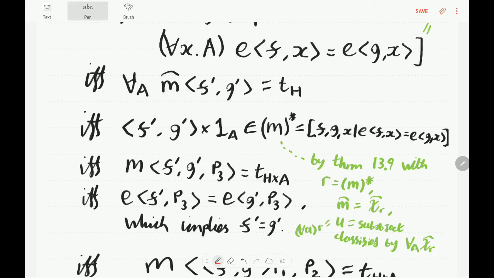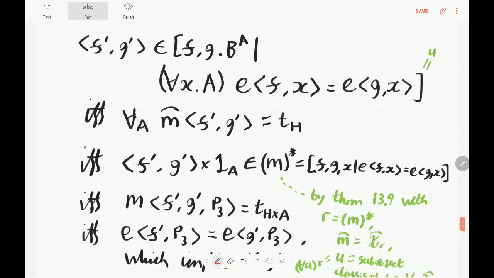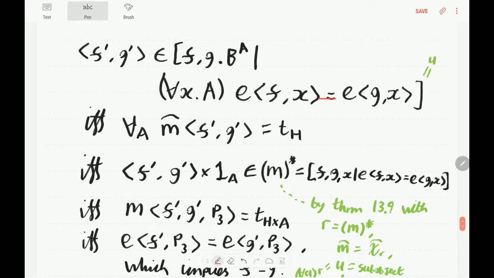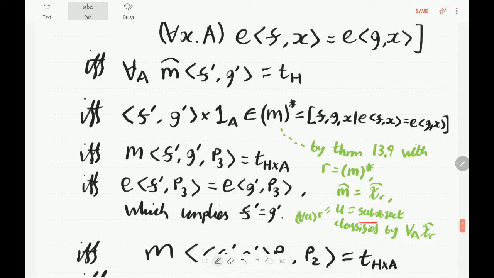And what they call in the theorem for all A R, and I'm calling it U, this extension over the term we're most interested in, is going to be the subobject classified by for all A chi-R m. And theorem 13.9 in this context tells us that